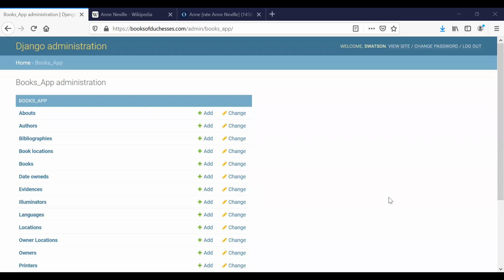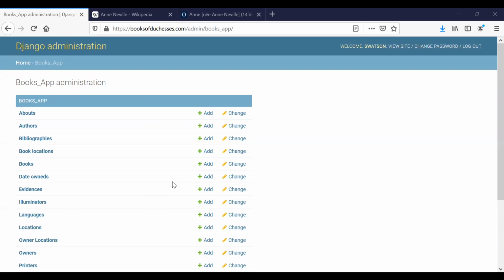Okay, in this video, we're going to learn how to add a male owner to the Books of Duchesses database. While the project focuses on women book owners, it is often important to add male book owners because they serve as links between many of the women in the database. A good example of this is Edward IV of England, who was a well-known bibliophile, and he was the son of Cecily Neville and the husband of Elizabeth Woodville. And Cecily Neville and Elizabeth Woodville are both women book owners in their own right. So there's a way in which this male book owner connects other female book owners. That's why we add them in.